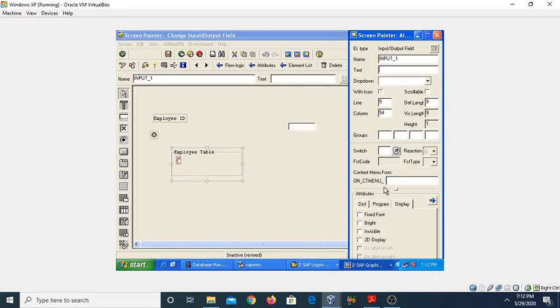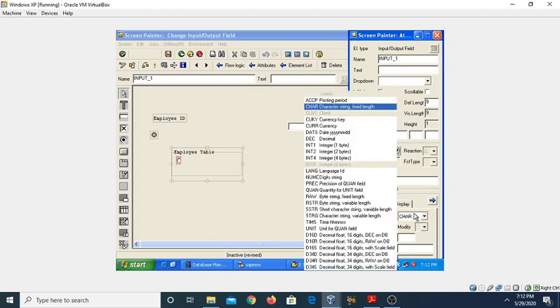Now you can also see the other attributes here. If you want to take this input from the dictionary, just select from here. You can also define the format, because it is an important data element in which a user can enter any type of data. So we need to specify the format of the input output fields. You can see there are a number of data types it is showing. You can select any one.